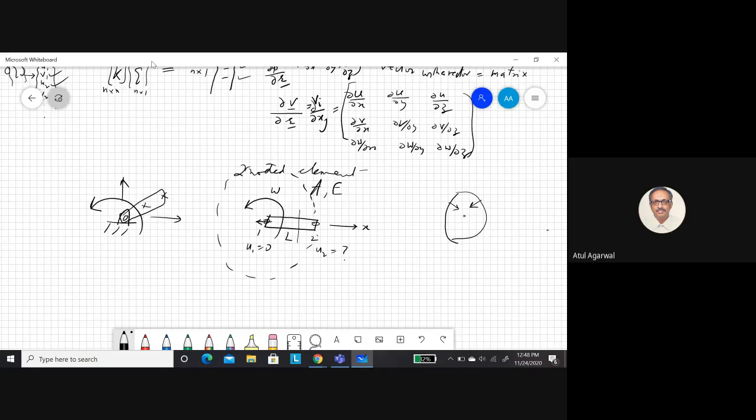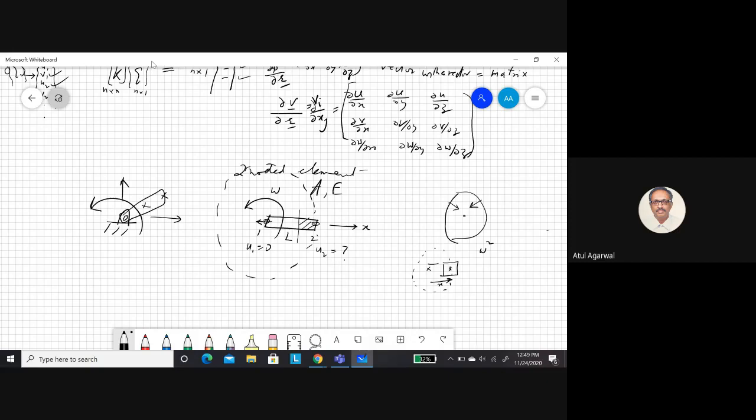Take any position here. I think I did this problem, most probably, with you guys. If there is an accelerating body, there are stresses. If you draw a free body diagram of this part, it is going in a circle about the origin, with its center of mass. What is the acceleration of the center of mass? Omega squared into this distance. So what is this distance?